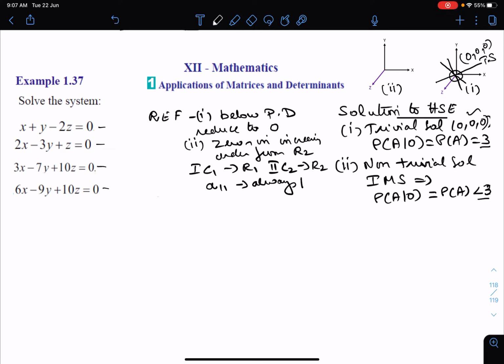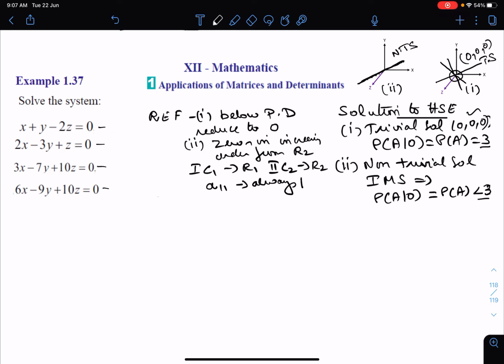3. And the second type is, here also, as far as the homogeneous equations, however many equations you get, all will pass through the origin. There is no doubt in it. This is the first equation, the second equation and the third equation. So when all the equations overlap one over the other and pass through the origin, this is called the second type, non-trivial solution. Why do you get a non-trivial solution? Because there are infinite number of solutions here, because they overlap on each other and they pass through the origin. There 0, 0, 0 is also a solution. Along with that, they have infinite number of solutions.